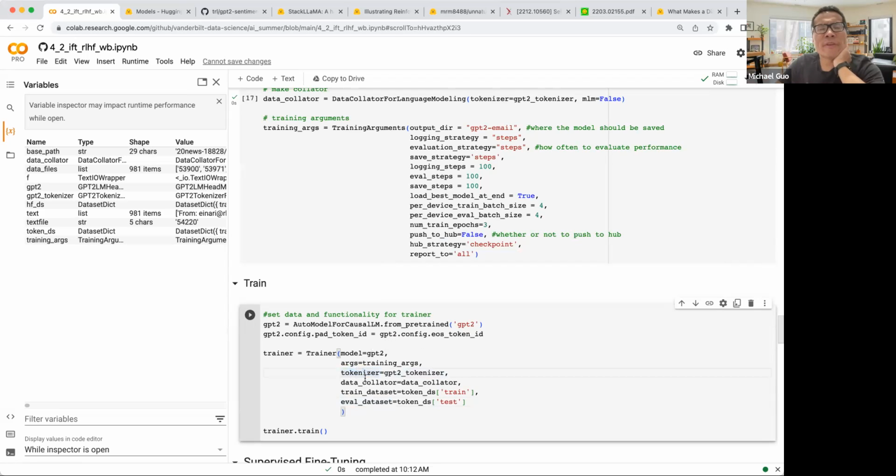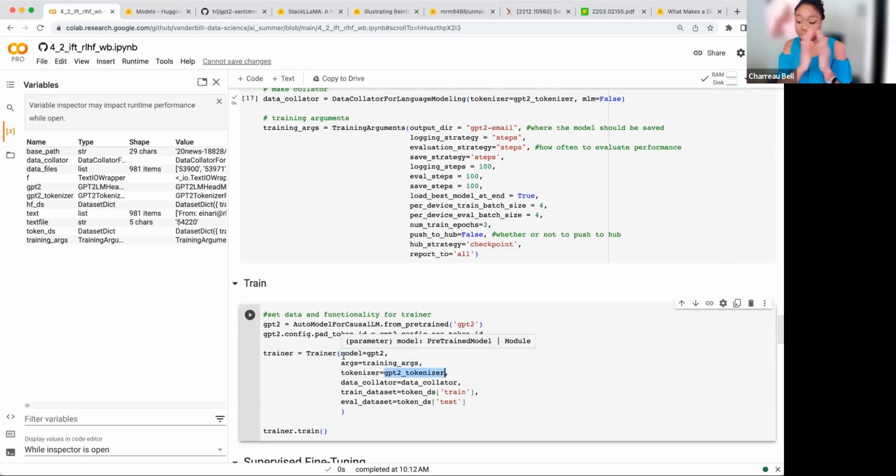Well, I guess for our test data, we use the GPT-2 tokenizer as well, right? Yes. Okay, that's a good question. So our data is already tokenized, but this data collator, whenever we tokenized our data, I think we tokenized it to whatever size any individual one of them was. And so if you have ragged examples, meaning that some are longer than others, when you feed it to the model, the shape of this tokenized data set has to be rectangular.